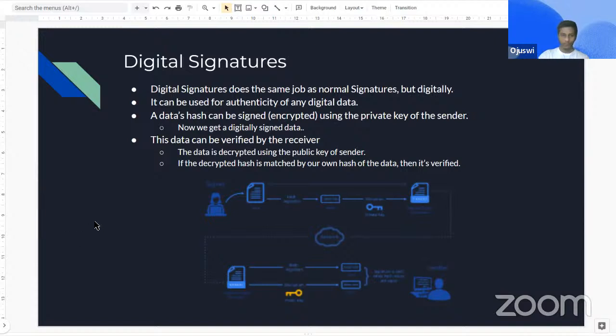So that's the end of the cryptographic viewpoint, prerequisites of it. From the next session, we will learn about the much awaited consensus protocols, and